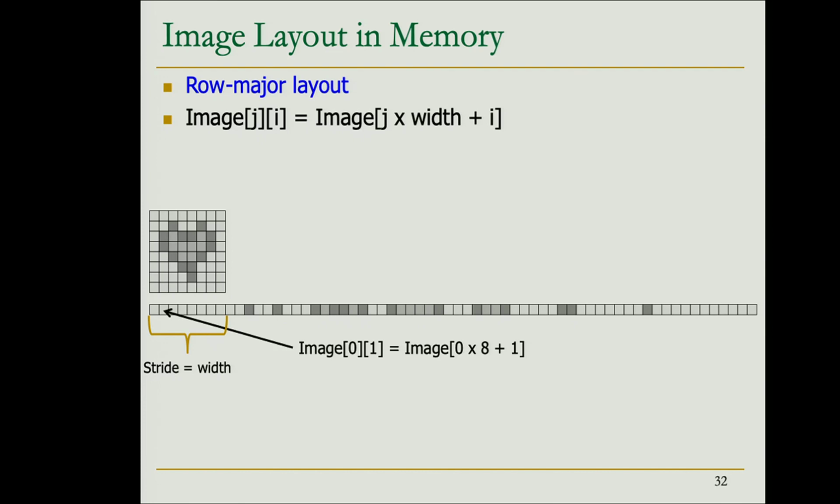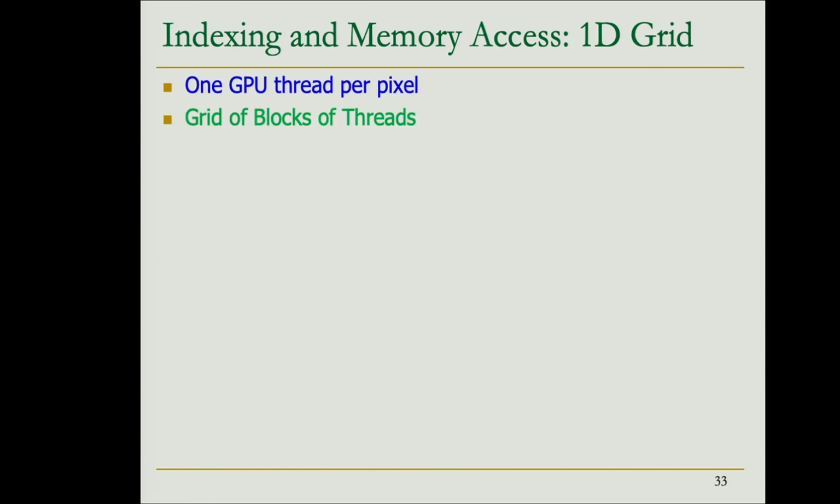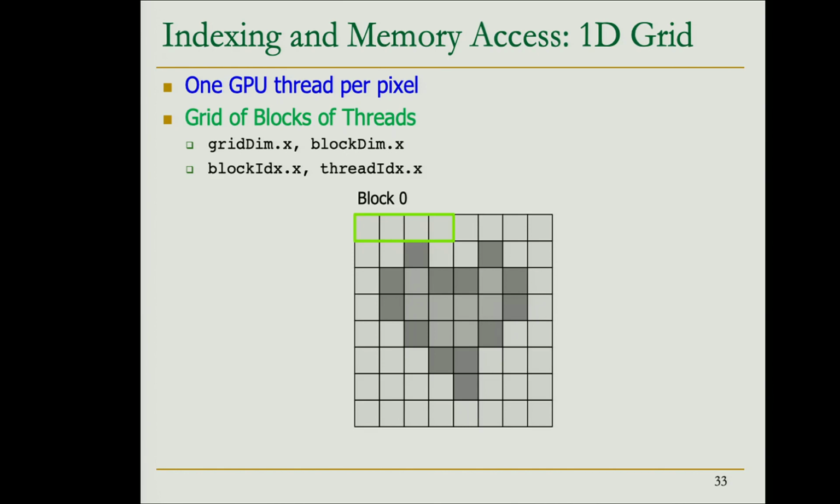You see, for example, this is image 0.1, so it's actually element 8 times 0 plus 1. Or this one, image 1.2. So if we want to access this image inside the GPU code, inside the kernel, what we need to keep in mind is how this is actually stored in memory. The first way of doing it, in this slide, is by using